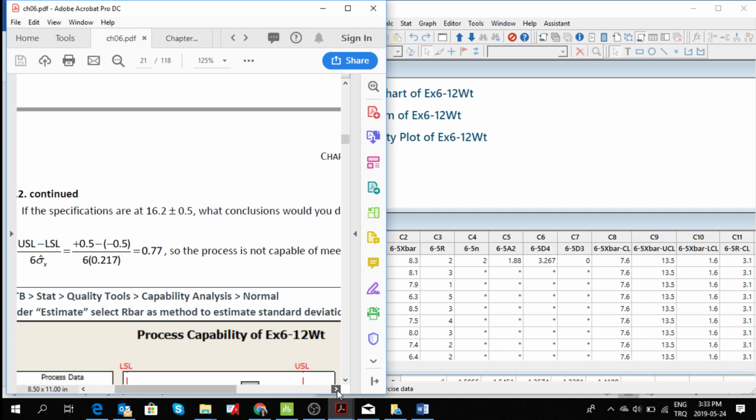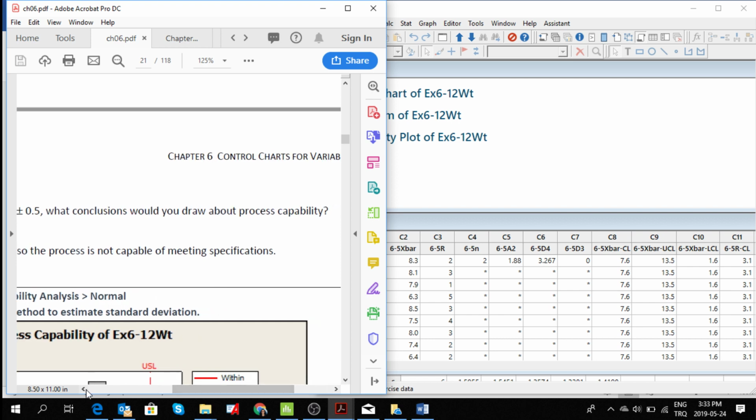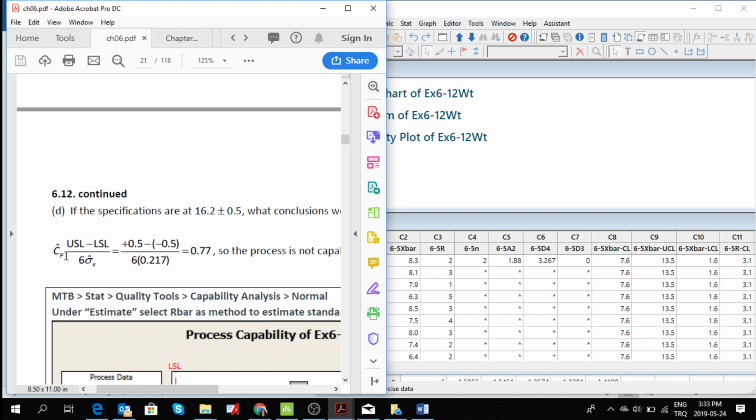16.2 plus minus 0.5, what conclusions would you draw about the process capability? For process capability, we calculate Cp hat, the approximate value. And the formula is as follows: upper specification limit minus lower specification limit divided by 6 times sigma variation. So the upper specification limit is actually 16.2 plus 0.5, which is 16.7. So in here it is 16.7 minus 0.5, which is 15.7, minus that